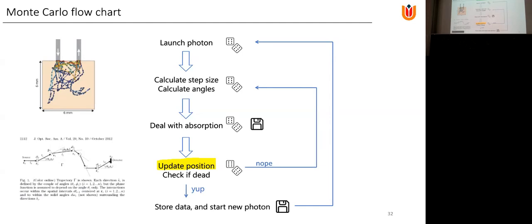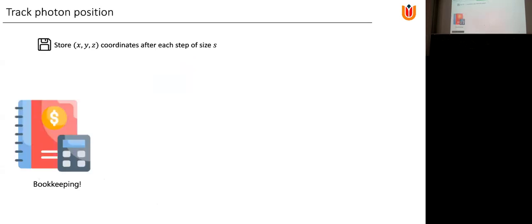So if it's not absorbed, or if only part of it is absorbed, then we can finally update the position. So what we'll do is we'll remember the coordinates. The photon travels in the coordinate system X, Y, Z, and we keep track of its position after every step. In order to do that, we also keep track of the so-called directional cosines. The photon travels in a certain direction in that Cartesian grid, and the cosines of the angles with respect to the axes in that grid are called the directional cosines: ux,